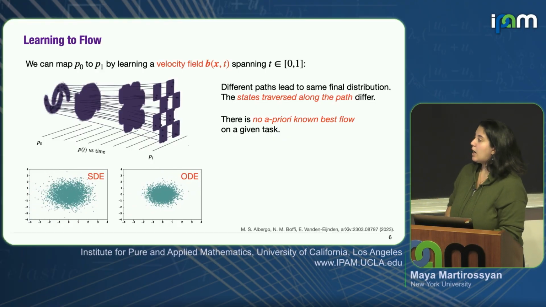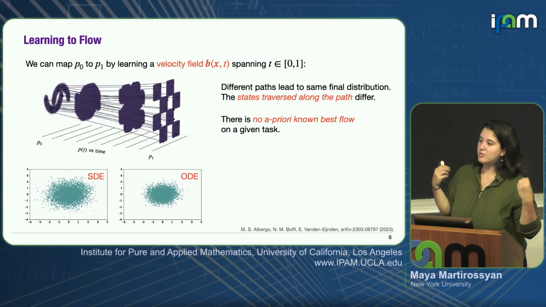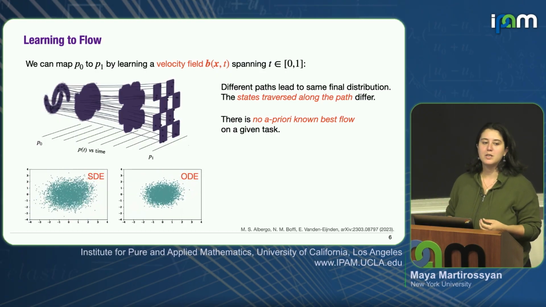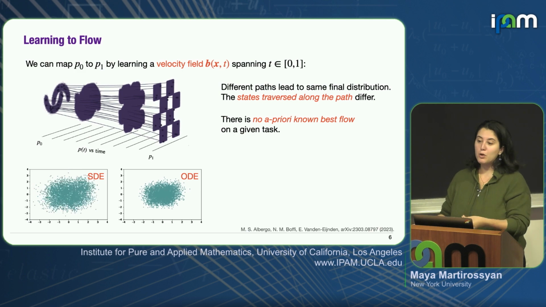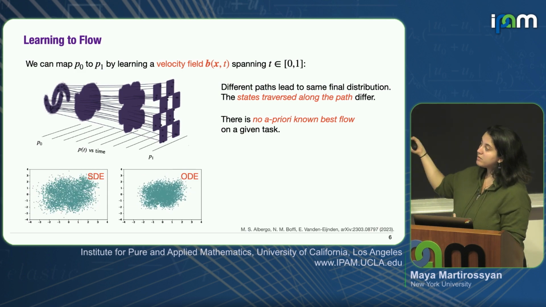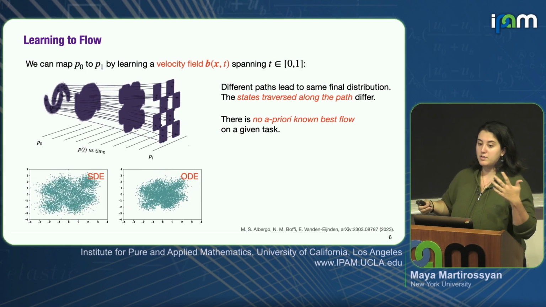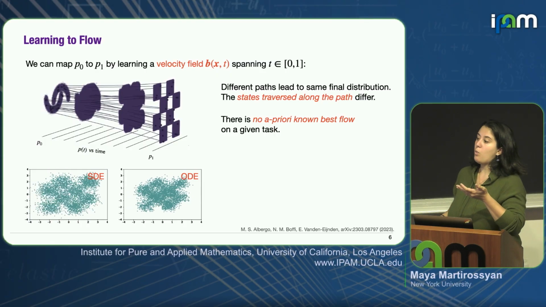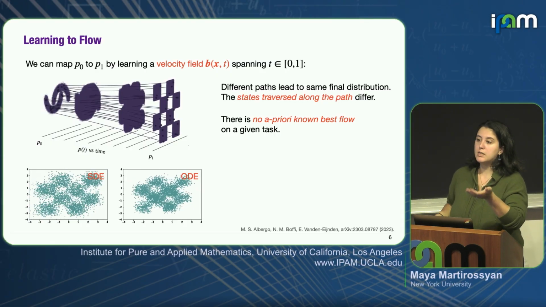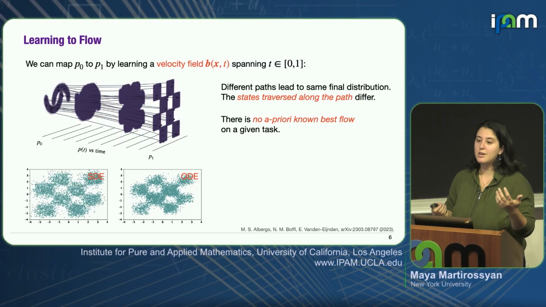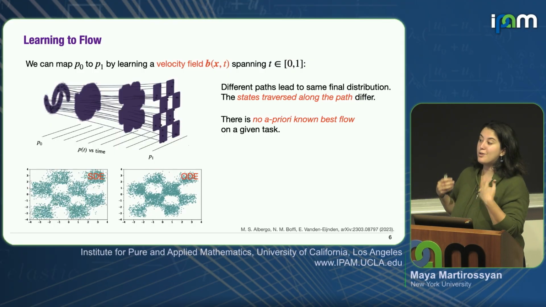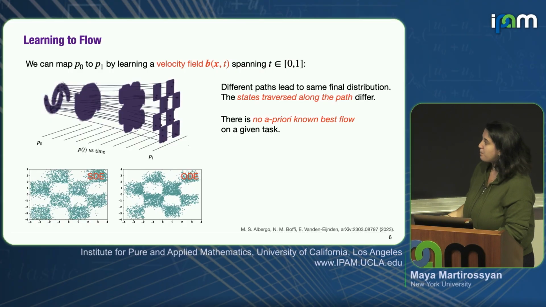no difference. But in reality, in the process of actually trying to learn, it does seem to make a difference what kind of flows you choose, meaning what kind of paths you choose to learn, and what kind of, let's say, base distributions you choose. So what your easy to sample from distribution is seems to make a huge impact on how well your models learn, even though in a theory sense that shouldn't be the case.